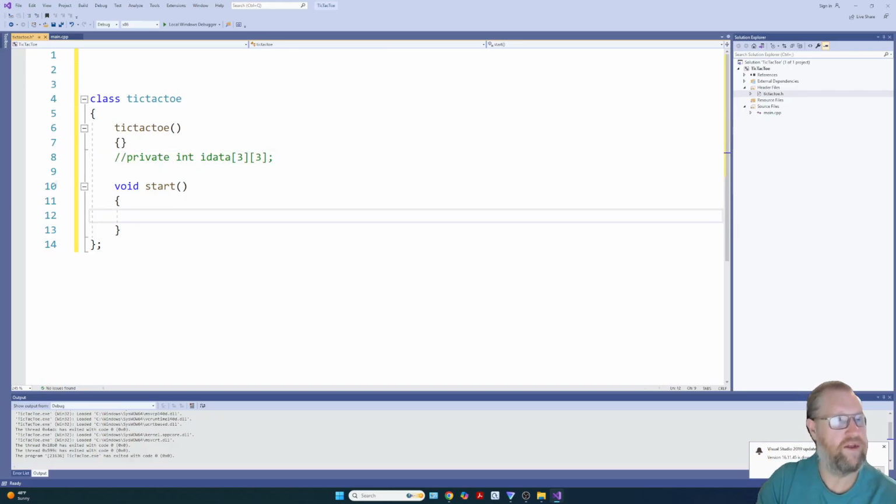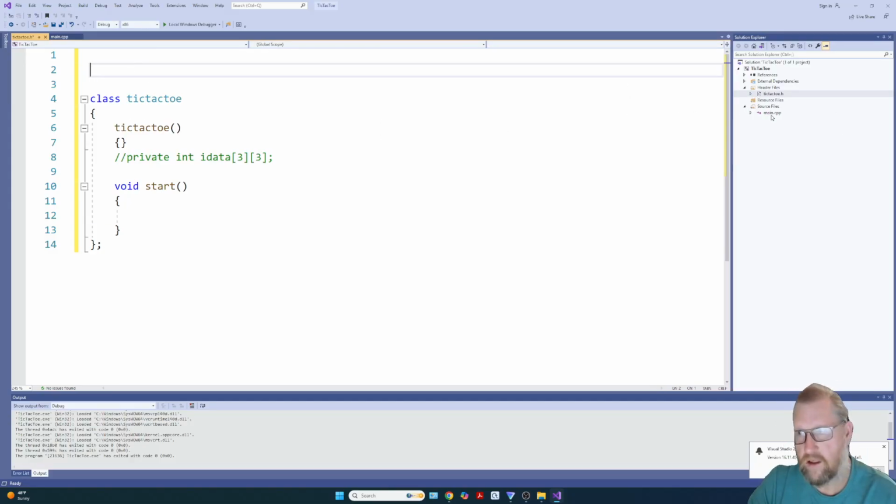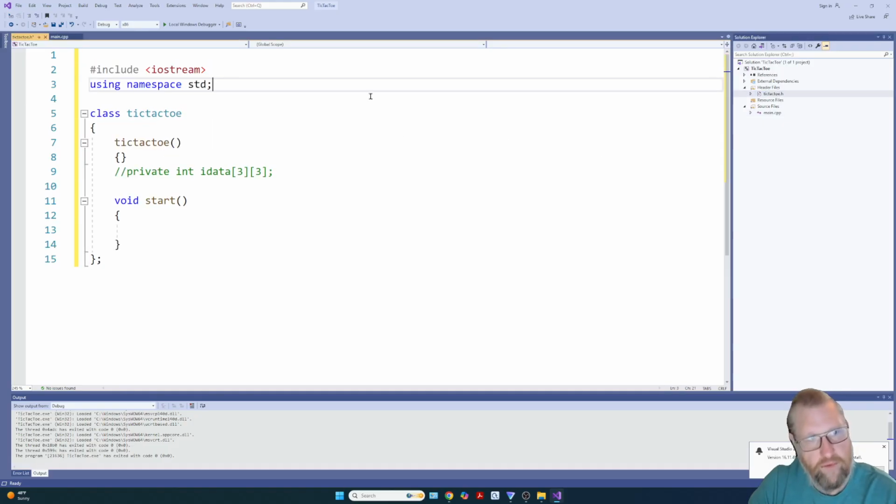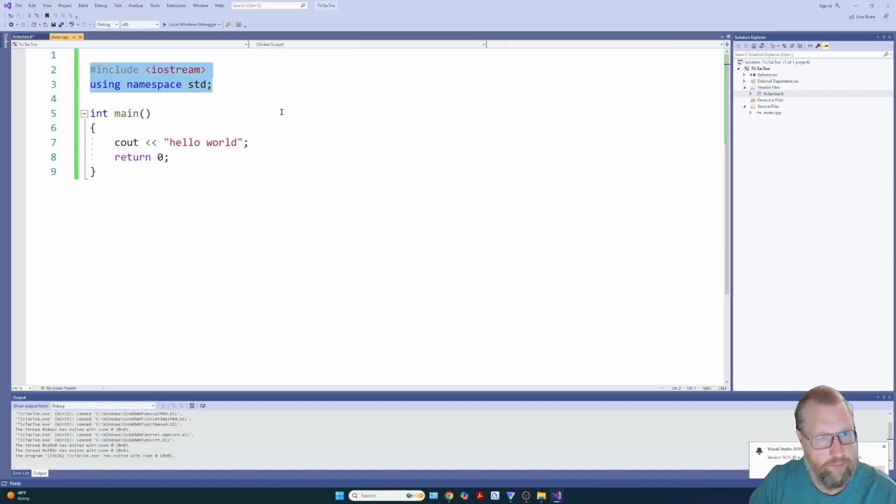But this will be where we want to do our hello world. Let's be simple and not get too far on things. I'm going to include, because we're going to do some output from this object, because it's going to play our whole game. And then we're going to do this